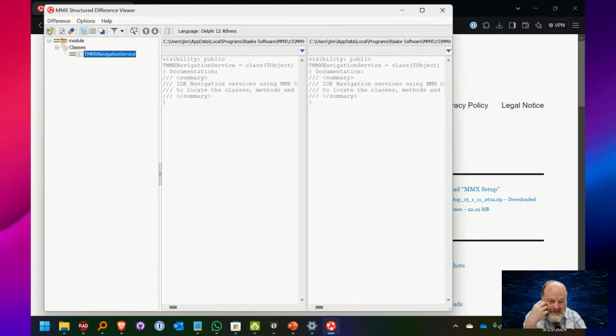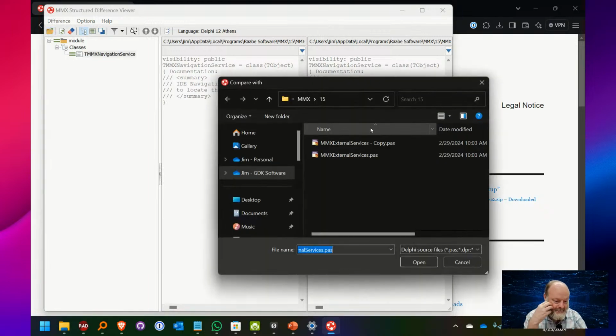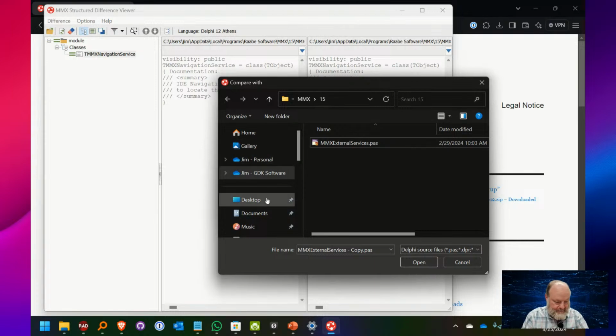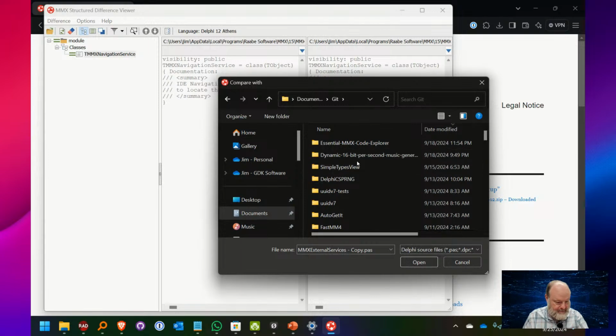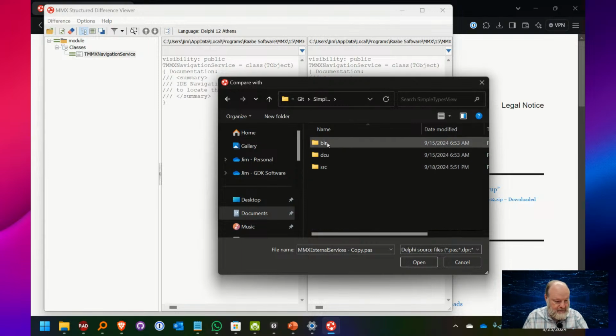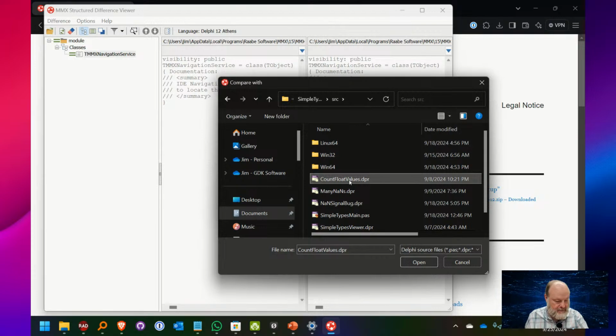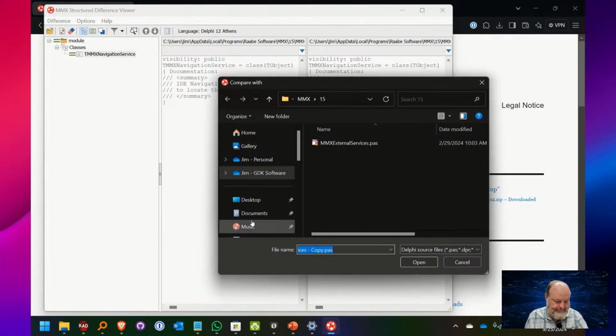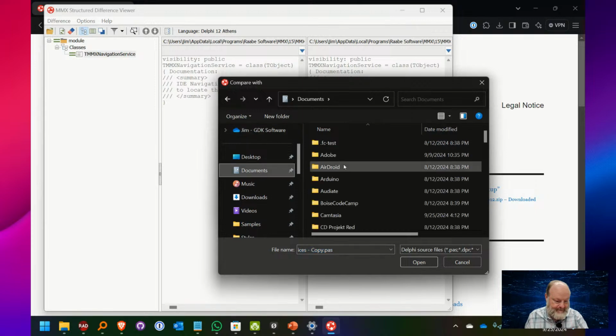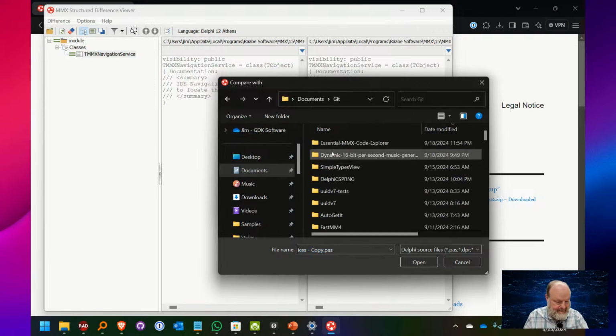And let me open a different project. Documents, Git, documents, simple types.